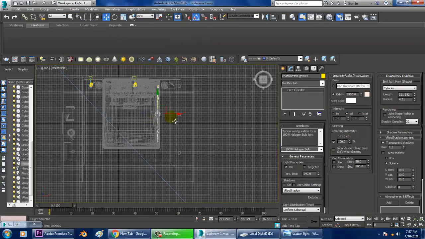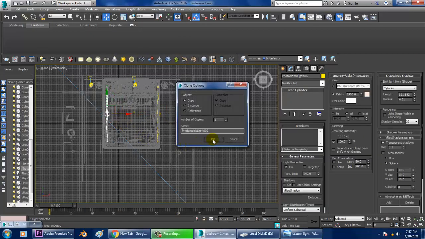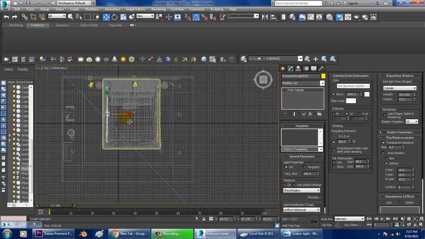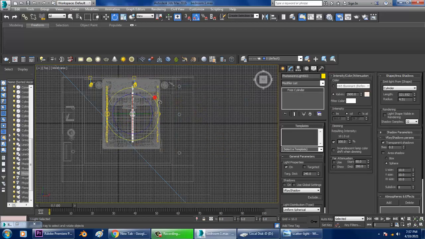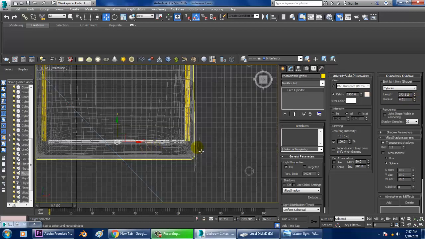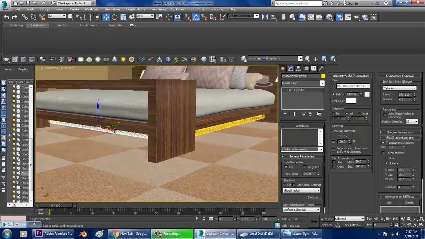So I'll duplicate this. Let's just duplicate this light over here. Again, slightly rotate it and we'll shuffle this over here and just reduce the intensity.